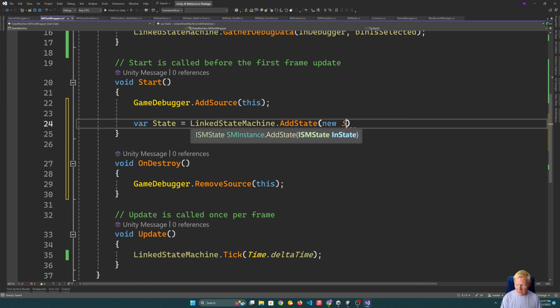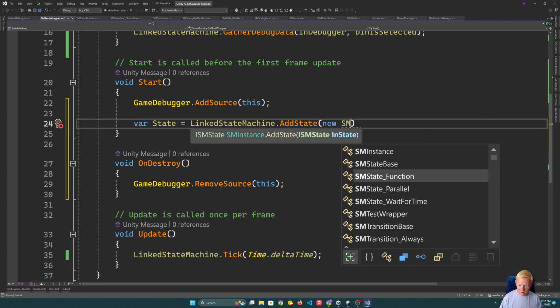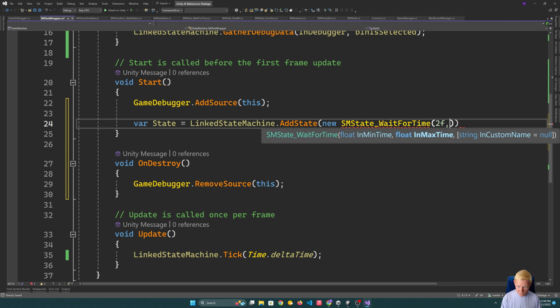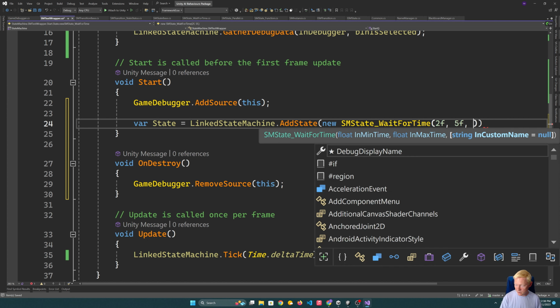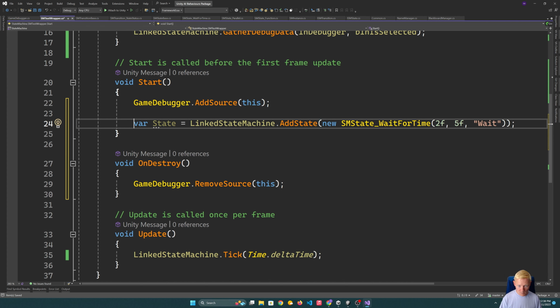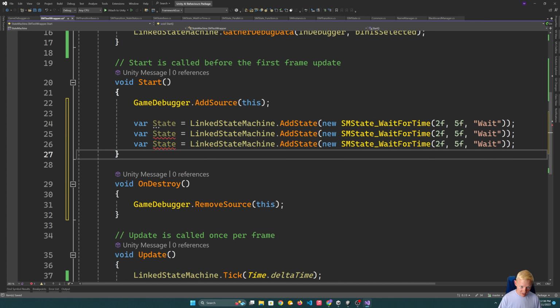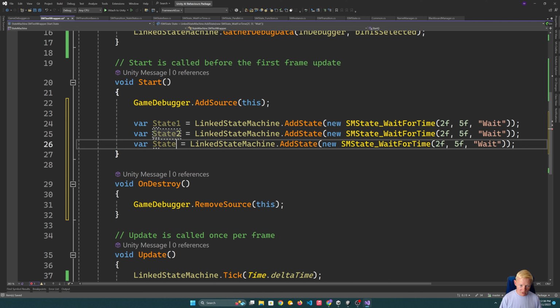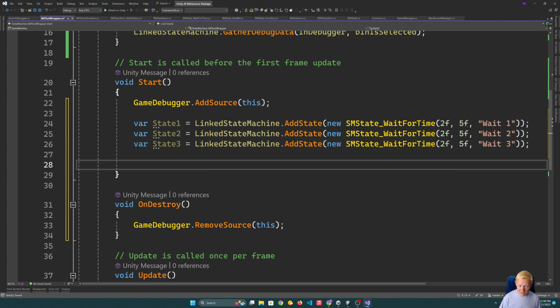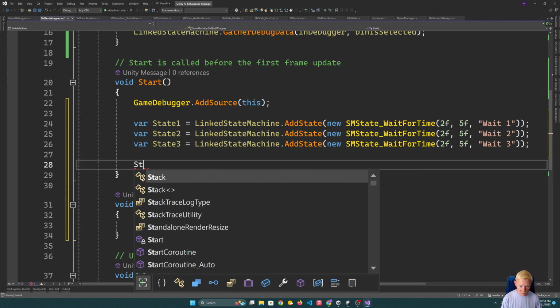We'll create a SM state wait for time, and we'll make that between 2 and 5. And we'll call this wait, like that. Now I'm actually going to create a few ones here: 1, 2, and 3. We'll give these their custom names, like that. Then I want to add the transitions. So, okay, well, state 1,